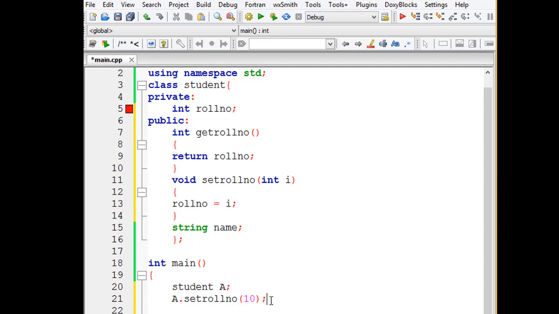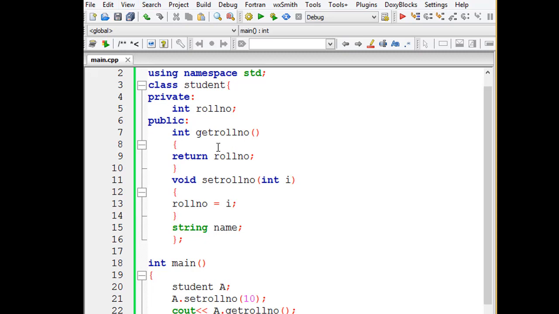So now let's print it. Simple cout and then the insertion operator, and how will we print it? Simply by using the object A dot getRollNumber, our other function. So it will simply return the value of the private member. So let's compile it.